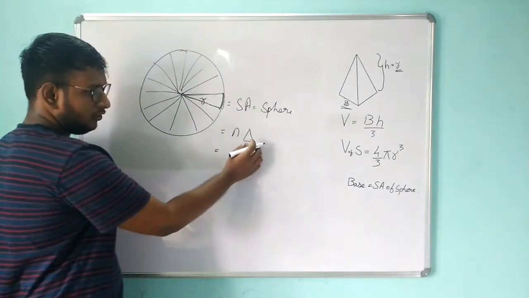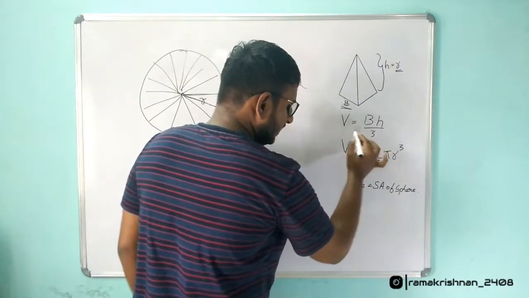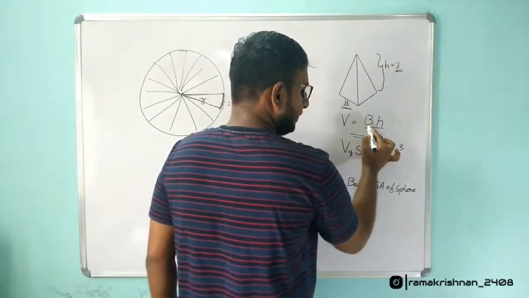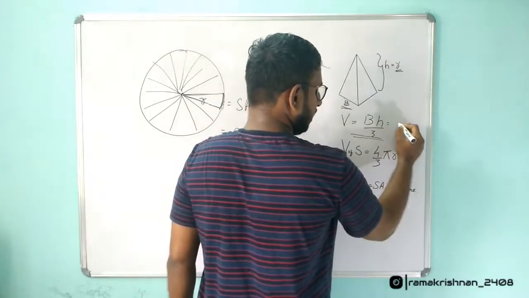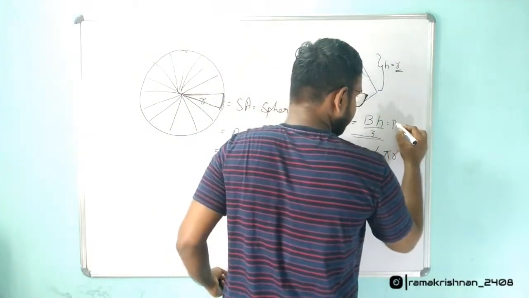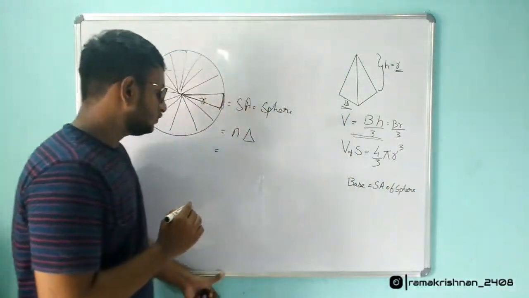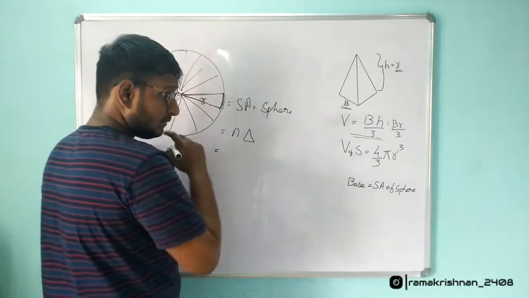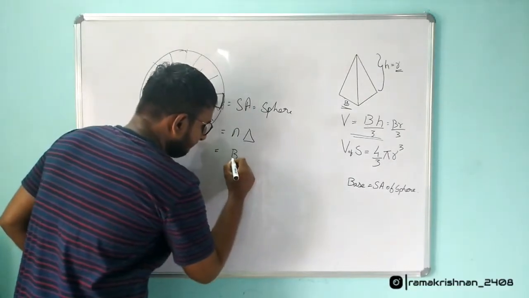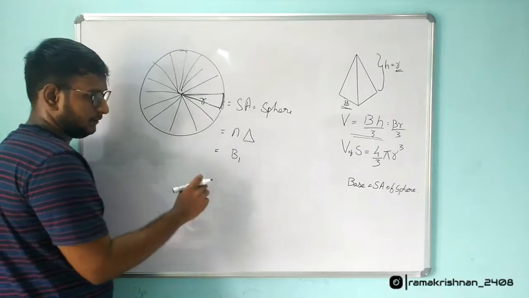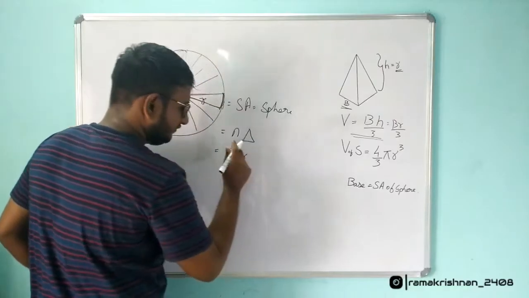Okay, so we know the volume formula of pyramid as we saw in the previous section. So the volume formula of pyramid is nothing but base into height by 3, and in this case, height is nothing but r. So we will be having base into r by 3. Okay, so we are having pyramids like this, n number of pyramids. So the first pyramid will be having base 1. We don't know the base of that first pyramid, so we are taking it as b1 into r, which is nothing but the height of that pyramid.